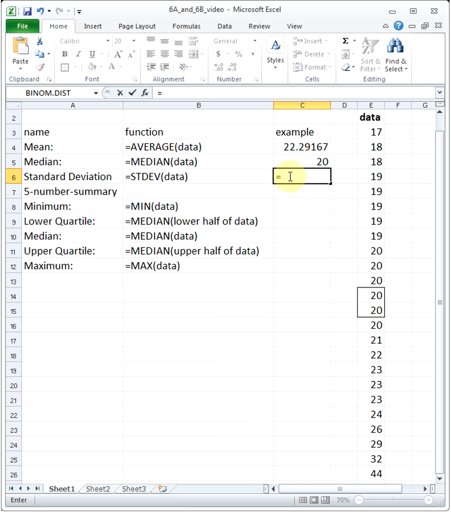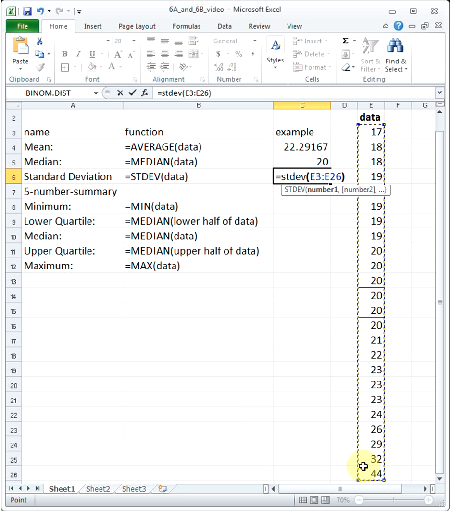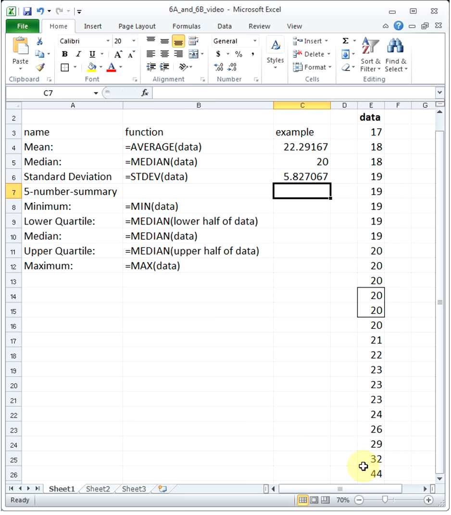And I'm going to use it with the stdev function. Just type it in and then highlight your data, close parenthesis, and hit enter. And that finds for us the standard deviation of the data, which basically tells us how spread out the data is. So if we take our mean of 22 and we go